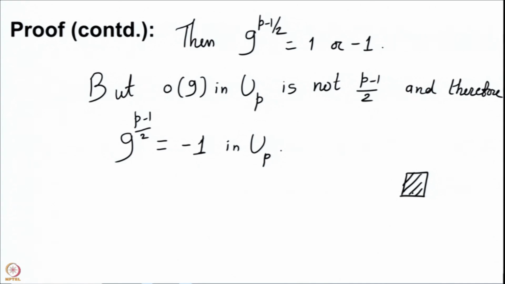So what we have proved, once again I should recall this for you, is that the Legendre symbol can be computed very easily simply by taking the p minus 1 by 2th power of your natural number a and going modulo the prime p. So we will see some more such things which will help us computing the Legendre symbols in the coming lectures.